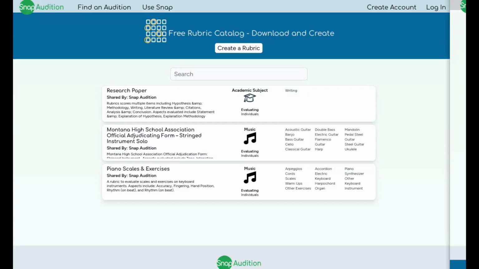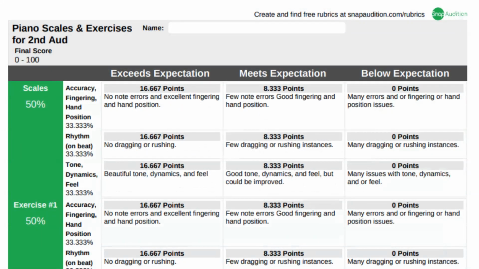At Snap Audition, we believe in using a rubric to judge your audition or to really evaluate anything. We believe it provides a much better feedback loop to the entrant than just simply giving them a rank or a score. A rubric is, in its most fundamental form, just criteria used to score something. It's usually presented as a table with aspects that you're grading being rows and columns being the different levels of